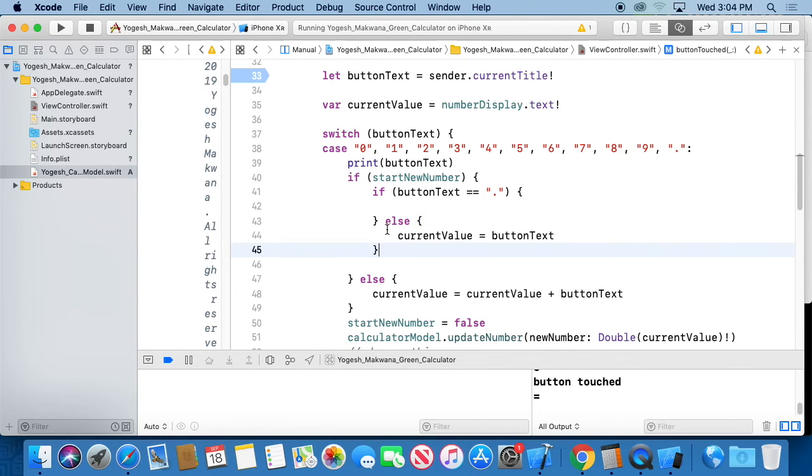So this part we know, whatever was there before works for all the others. But for the dot, we have to do something else. What do we do for the dot if we are starting a new number? 0. It starts with 0, because if the first thing you press is a dot, you mean 0 dot something. So we'll just say current value